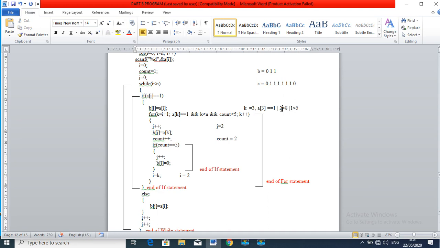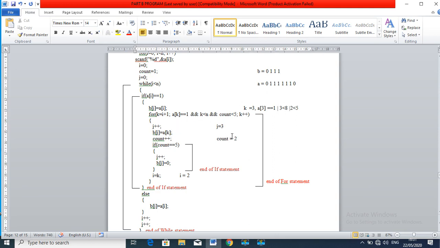Then 3 is less than 8, yes, it is also true, and count value is 2, 2 is less than 5, yes, the condition is true. J plus plus, j gets incremented to 3, b of 3 is equal to a of 3, which is equal to 1.